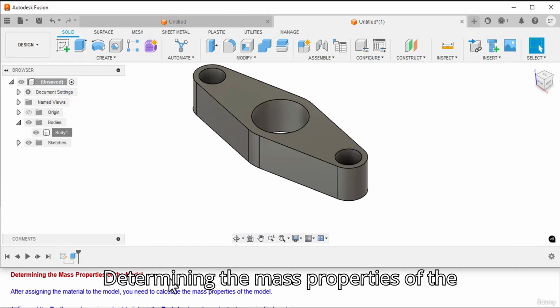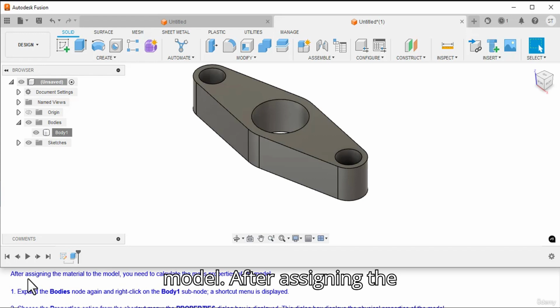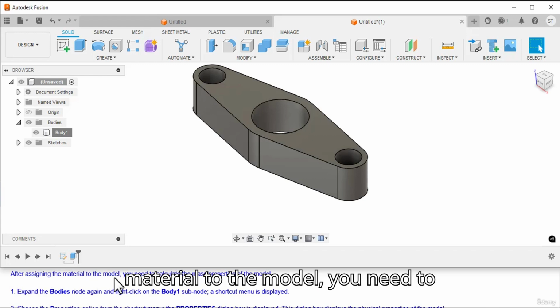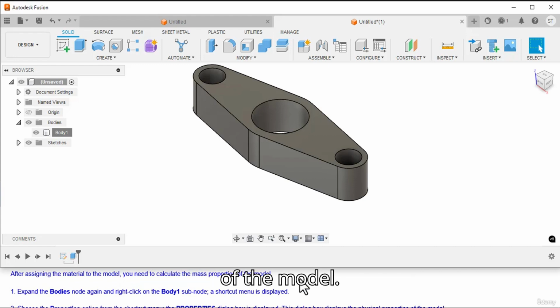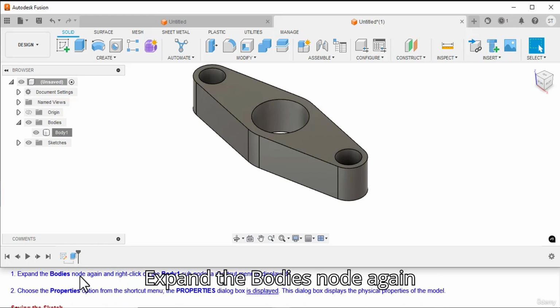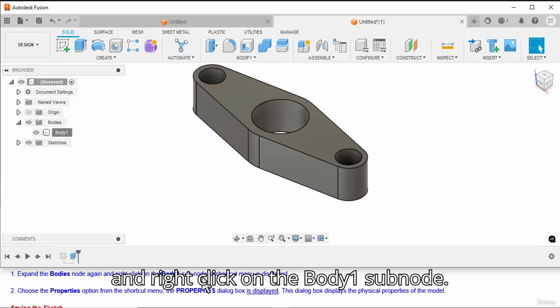Determining the mass properties of the model. After assigning the material to the model, you need to calculate the mass properties of the model. Expand the bodies node again and right click on the body 1 subnode.